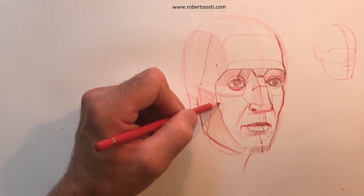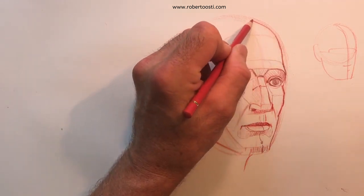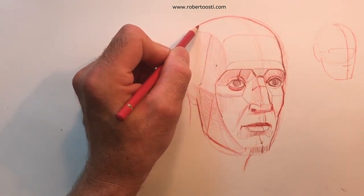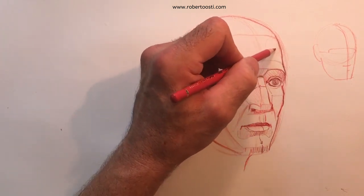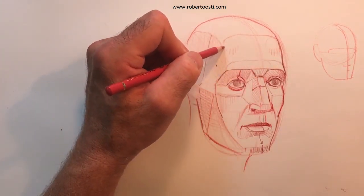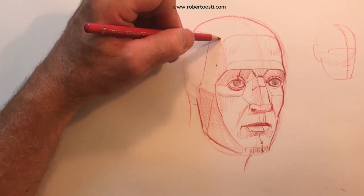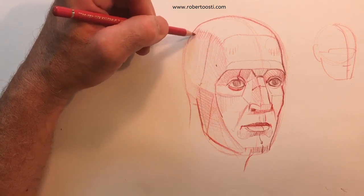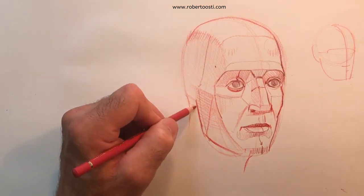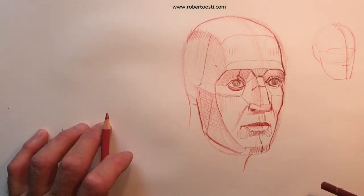So now here, instead of having this rounded form, I'm going to make it slightly more angular, right? Find out the specific bumps of, in this case, the frontal eminence, the temporal region here, right? And now when I have the face in a three-quarter kind of view like this,